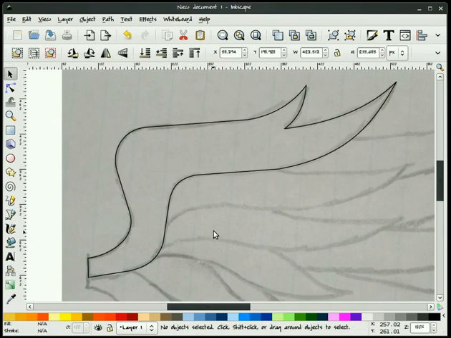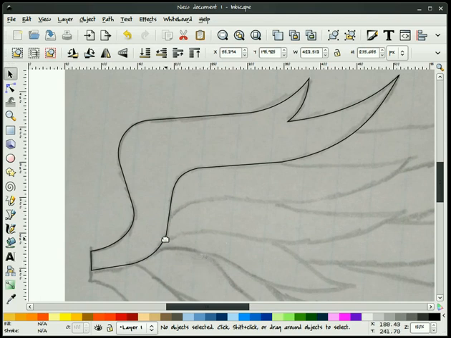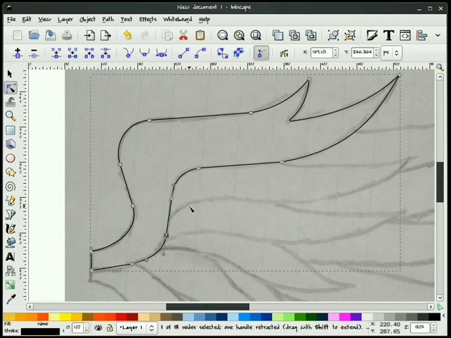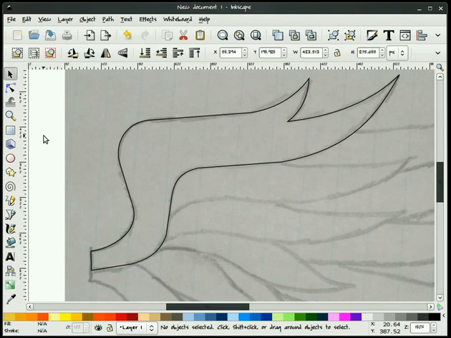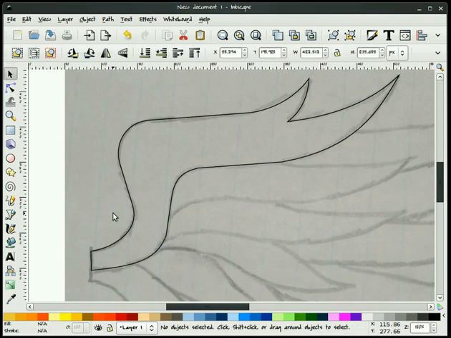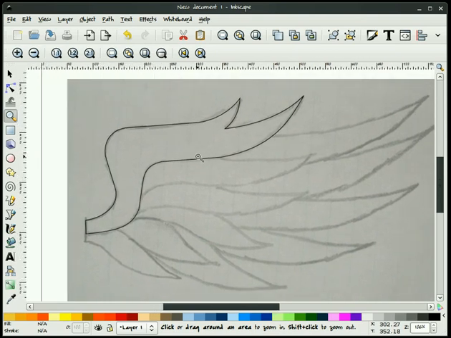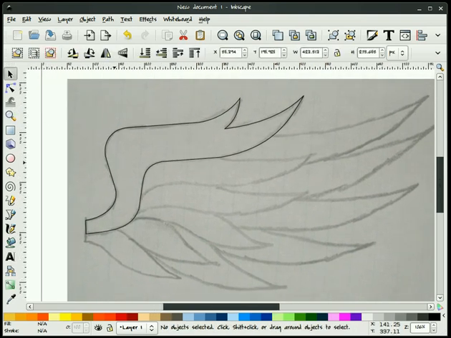Okay, now I think that looks pretty good. Again, you can come in here and just kind of finesse those curves a little bit. If you find a sharpness, you can just put a little bit of a rounded node on it just to kind of blend it. Okay, and we'll probably want to take this one and curve it just a tad. Okay, and that's that part. I'm going to zoom out just a little bit. And basically what you're going to be doing is you're going to make closed paths for each one that you do. Okay, so if we were to do this next one,